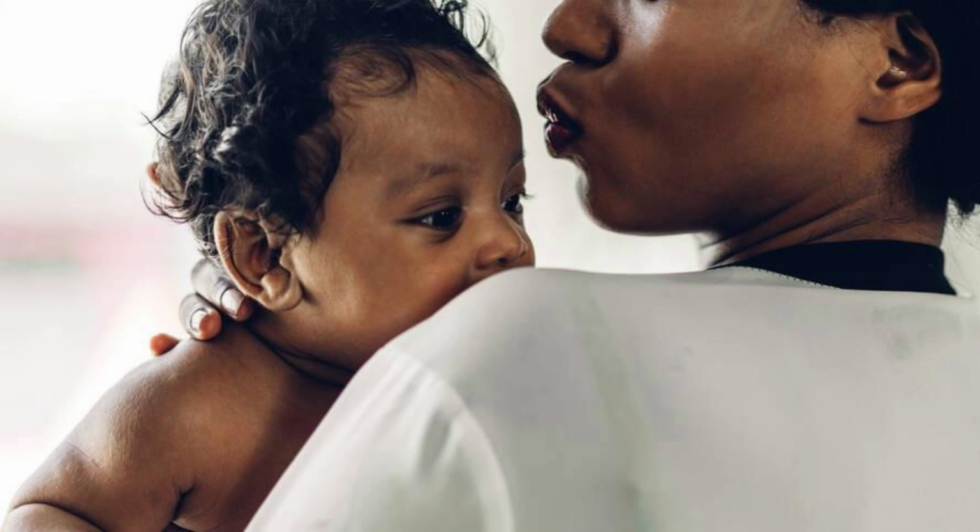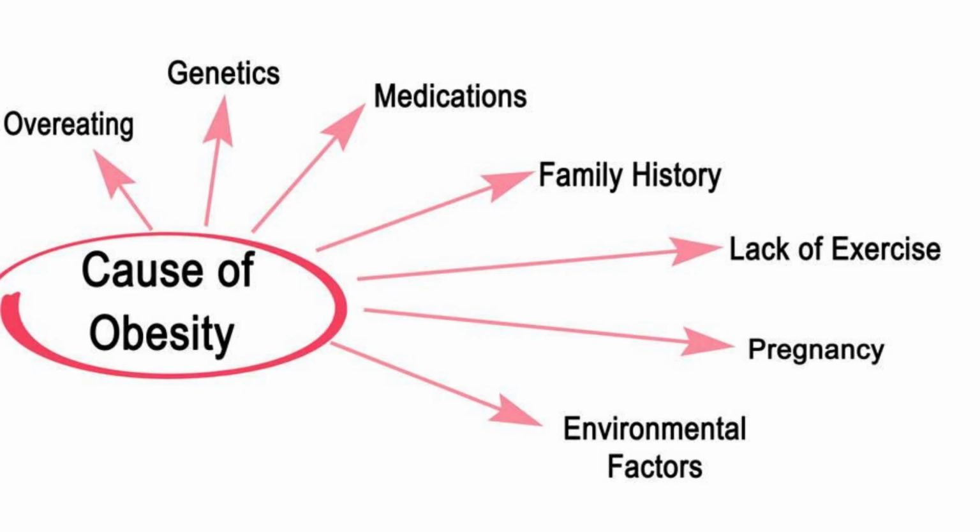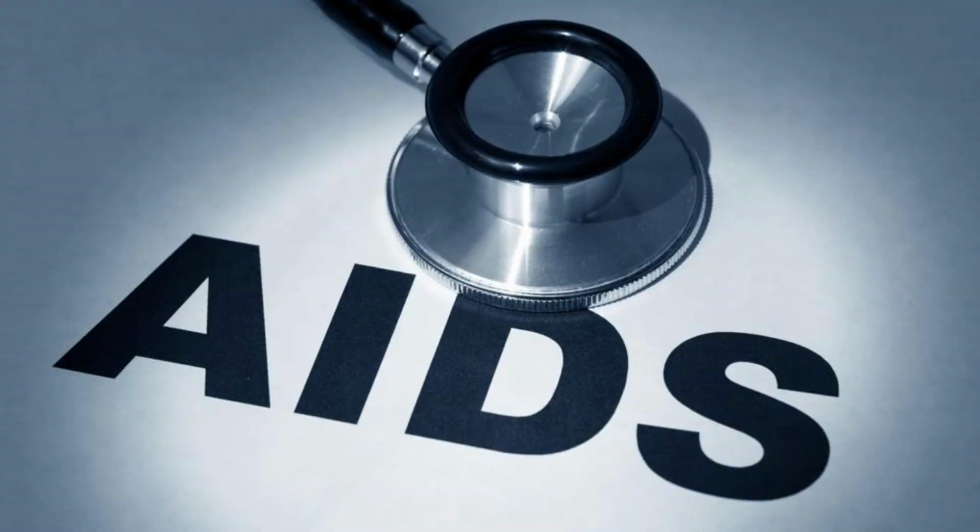during childbirth or breastfeeding. Despite significant progress in the fight against HIV/AIDS, challenges remain in achieving universal access to treatment, care, and prevention services. Stigma, discrimination, and criminalization of key populations, such as men who have sex with men, sex workers, and people who use drugs, continue to hinder efforts to control the epidemic. Structural factors, including poverty, gender inequality, and lack of access to health care, further exacerbate the vulnerability of marginalized populations